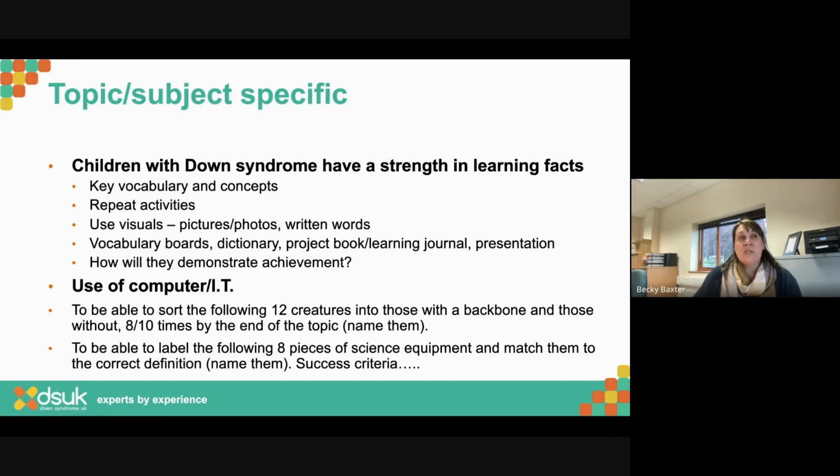And for our readers, and often word reading is a strength for our students, having the written words there, having those sentences, developing some vocabulary boards. I get out my vocabulary board with my keywords on it. They're there for me to look up, for me to use as I'm doing my work. Having a dictionary, keep my own dictionary as I get a bit older to go back over.